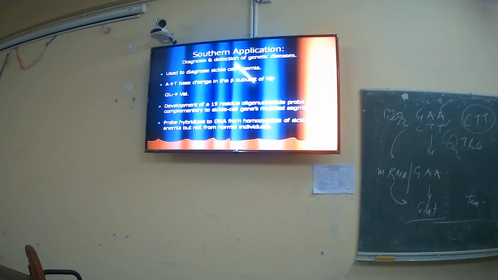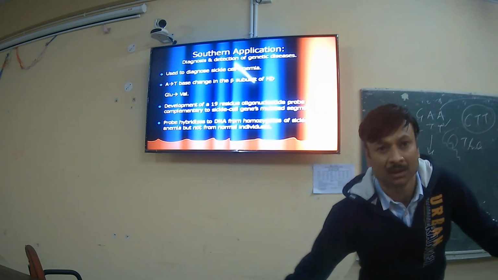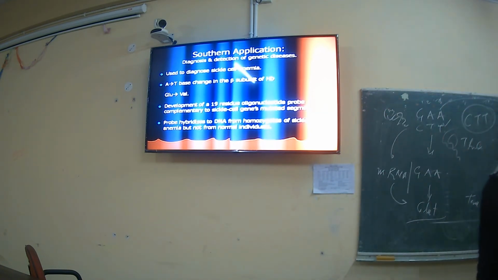First you go through, suppose a patient has developed an AIDS infection. Their viral genome is also integrated with the host genome. So the first detection will be done with the help of, suppose AIDS patients are there, so how can you detect that this patient has an infection with AIDS?